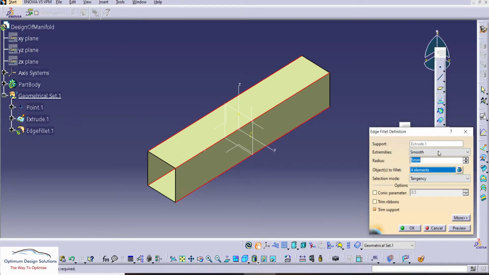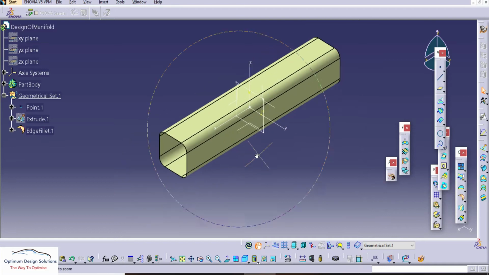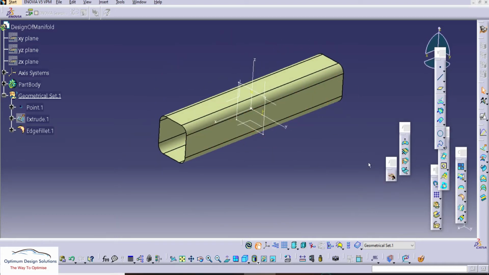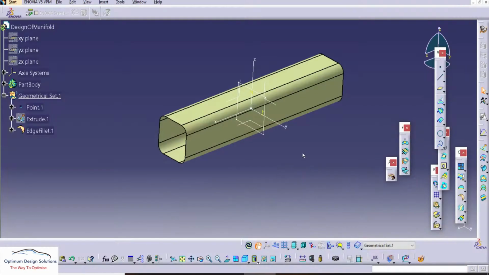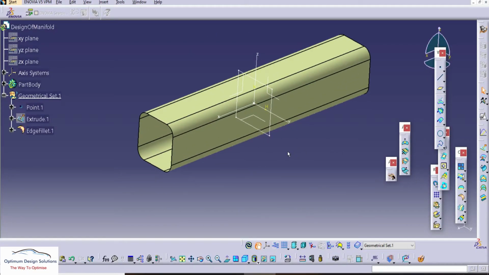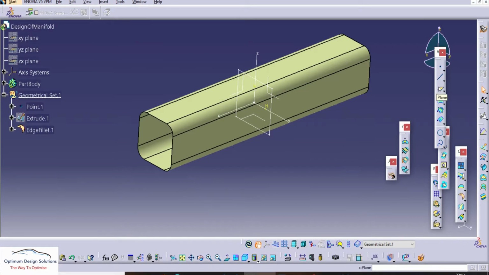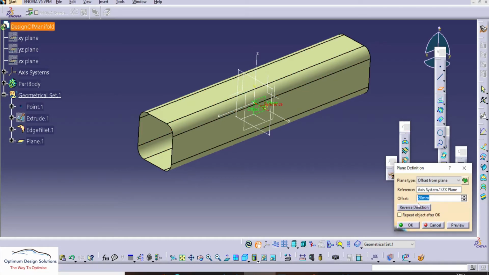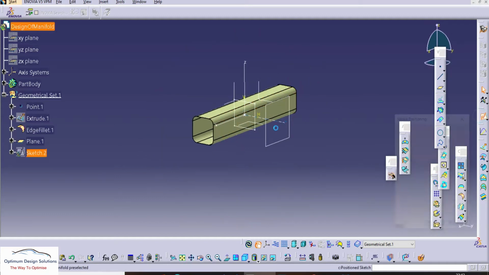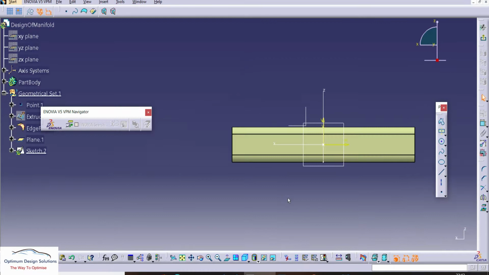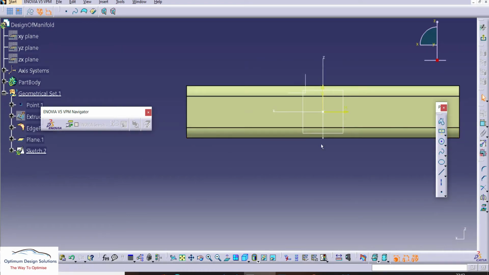So you can see the exact design. This is the rectangular shape we designed. Now we'll move towards this cylindrical part. So let's start with the sketch. The circles are 200 mm away from the center plane. So we'll take a center plane here, 200 mm away, and we'll draw the respective circles.